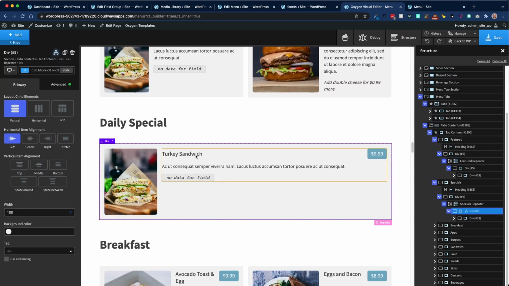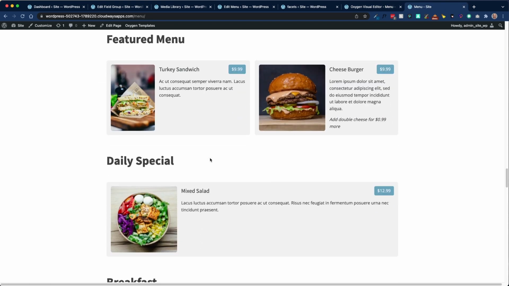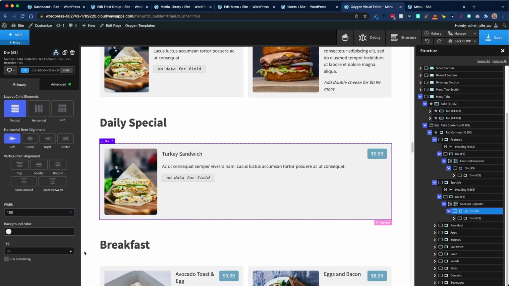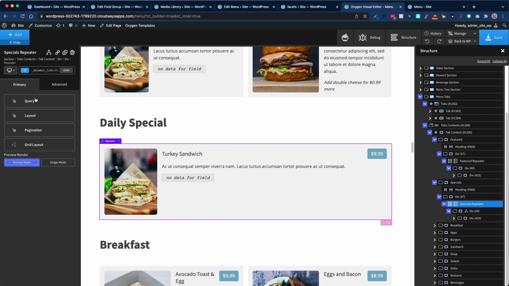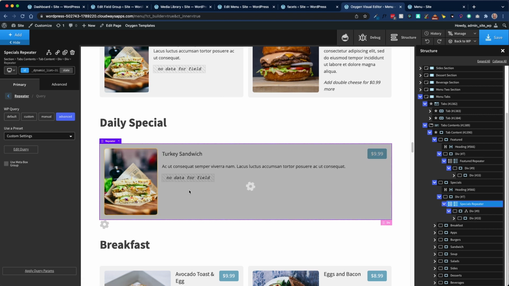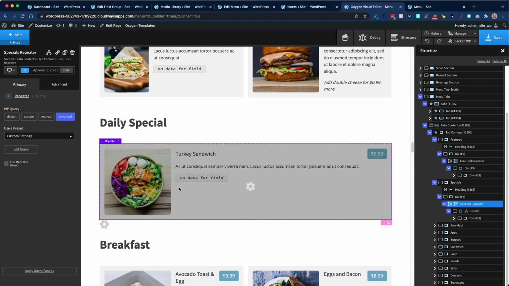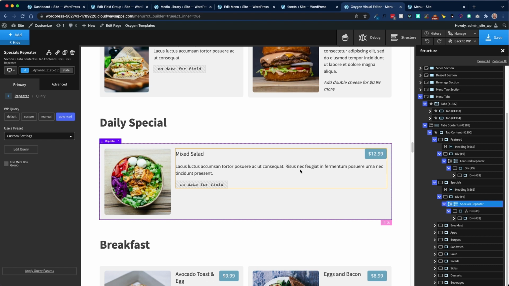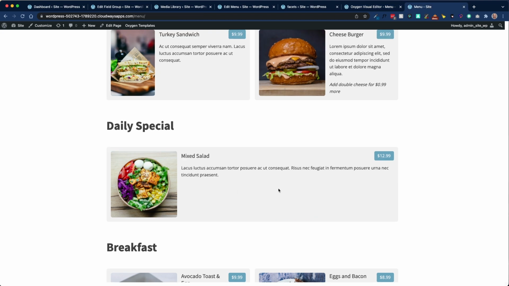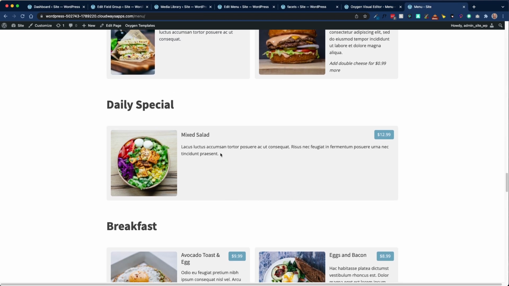So in this case, you can see, I don't know that the turkey sandwich is actually supposed to be correct there. Nope, it's not. Let me get back to my repeater here, query, click apply. May need to just update there. Yep, there it goes. Because I did switch those and I hadn't refreshed here. So you can see that's why you always want to make sure you click the apply query parameters, because it doesn't always update everything. So you can see now on the actual front end, it's only showing today's special,